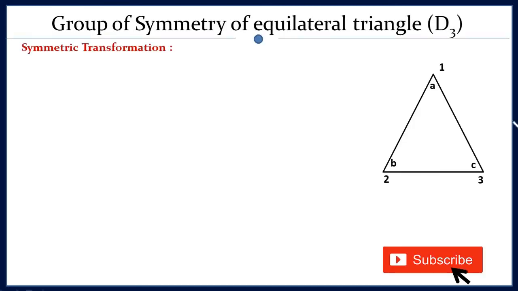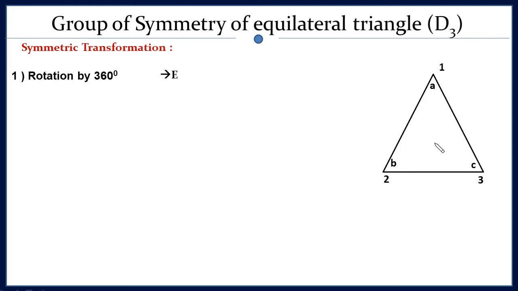Here we will take the example of symmetry of an equilateral triangle, and this is the group formed by the symmetric transformations of an equilateral triangle. We will call it the D3 group. Look here, just take one equilateral triangle, mark the corners of the triangle by A, B and C, and the positions of the corners by 1, 2 and 3. Now if you rotate this triangle about its central axis by an angle of 360 degrees, your system remains the same. Therefore, this rotation by 360 degrees is called a symmetric transformation for this triangle. Let's denote that transformation by the symbol E.